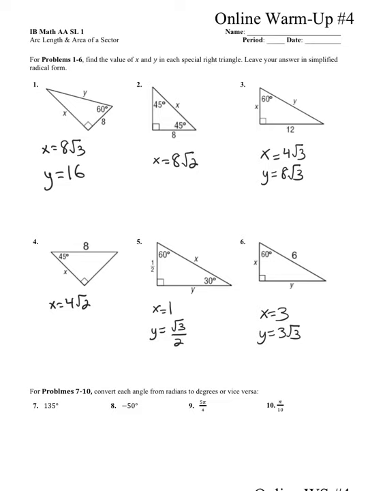back up again. For problems 7 through 10, converting each angle from radians to degrees. I'll do number 7 with you guys, and then I'm going to put the answers up here for the other 3. So just remember what Mr. Jolly said last time: if we're going from degrees to radians, we're going to multiply by pi over 180. And he said we do the pi over 180 because pi radians is the exact same amount as 180 degrees. Okay, so we end up getting something that looks like 135 pi over 180, and then we